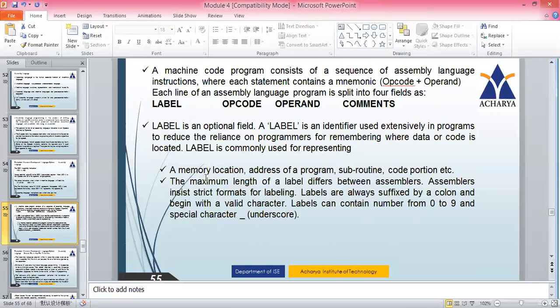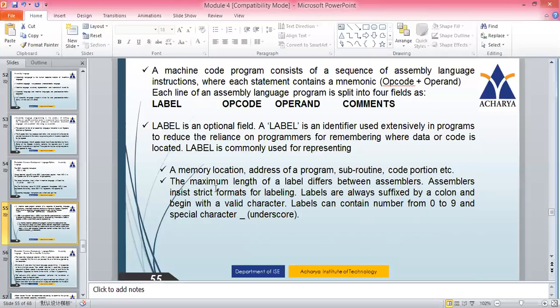We have seen examples in the second module, forward jump and backward jump, forward branching and backward branching. It will represent the memory location, the address of a program, subroutine or code portion, etc.